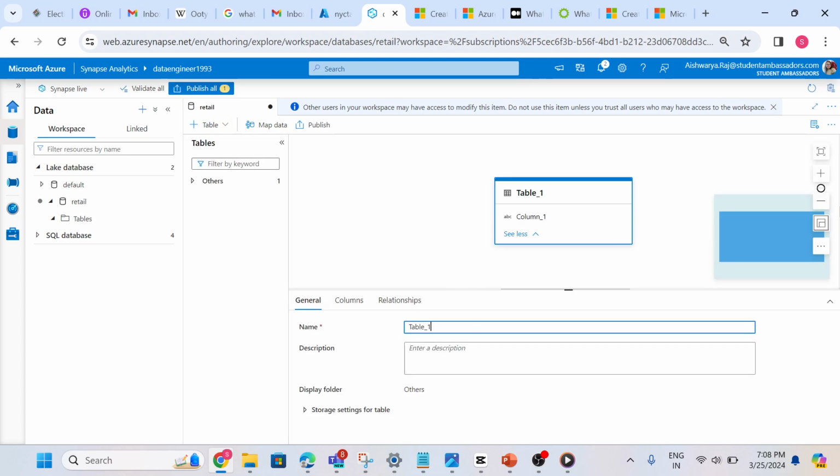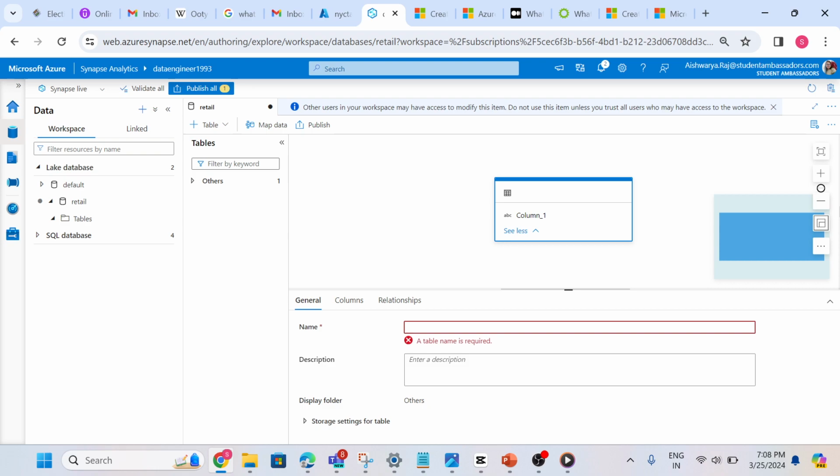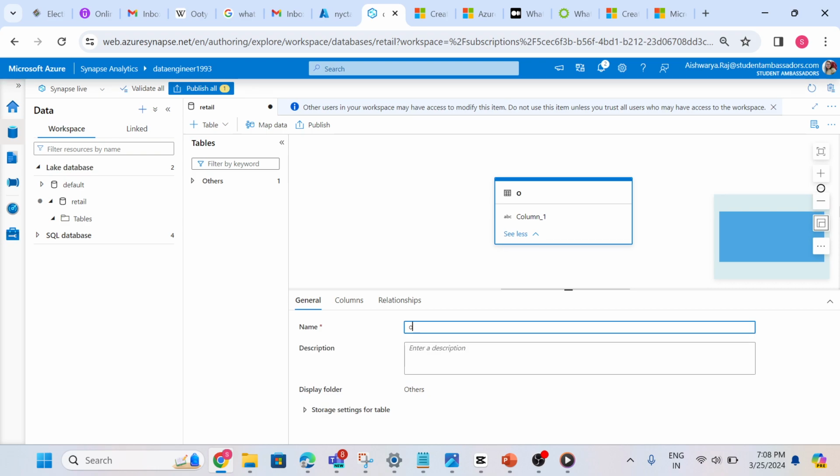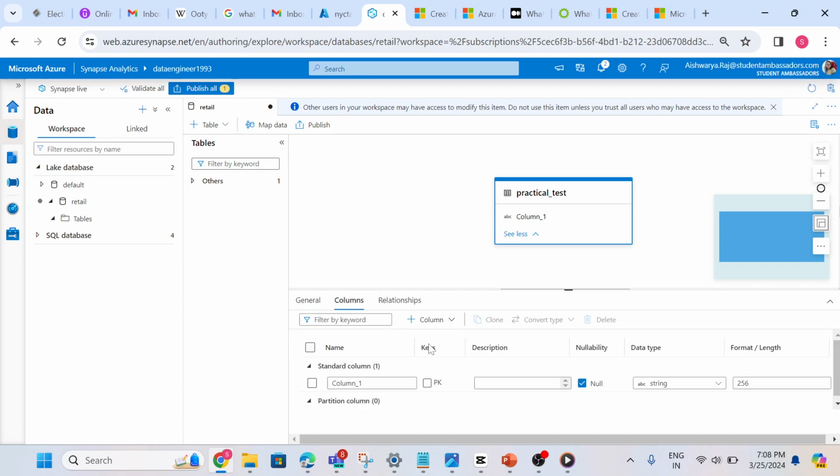When I click, we can see I need to give the name. For practical test, I am giving the name. After defining the table name, I need to define the column name, whether the column is a primary key or not, whether we have any partition column or not, data type, length, everything like as usual we do in SQL. Here we are using just the interface. Id,